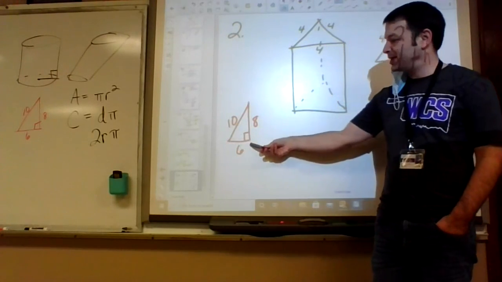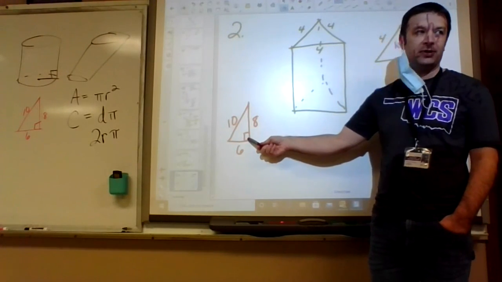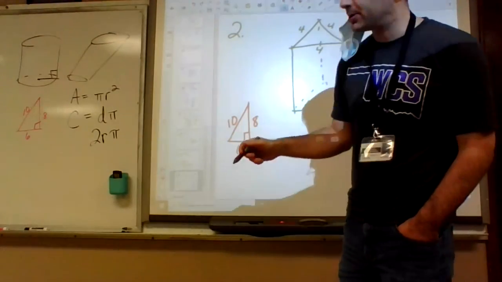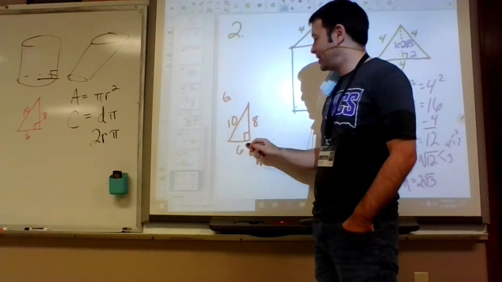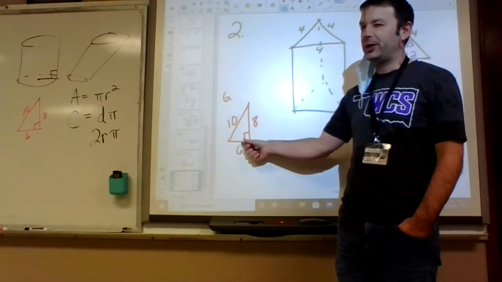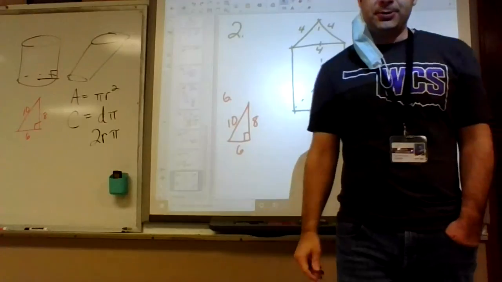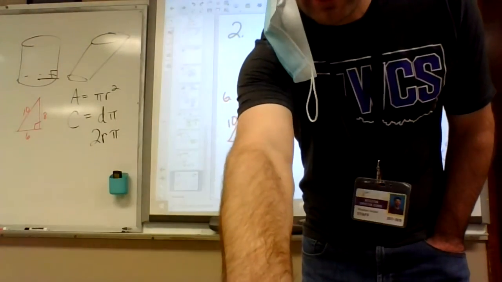Which means we can use 6 and 8 for the base and height of the triangle. You can use 6 and 8 when you're finding the area of the triangle as the base and height. Alright, try number 2. Wait, so was number 2 not